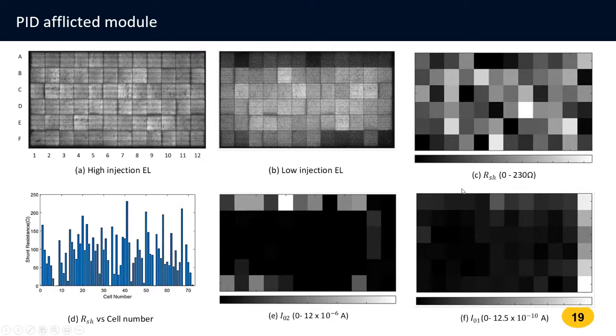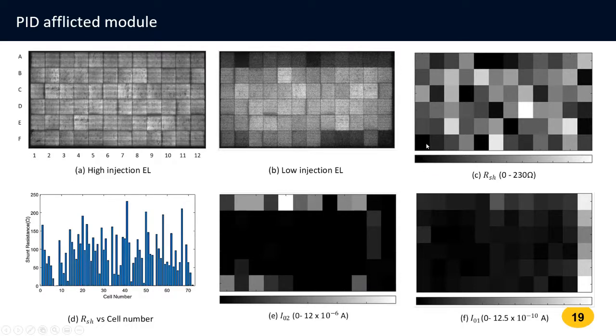So what you can see here is that all the cells that are typically associated with the low voltage, or the darker cells within the low injection EL image, can be attributed either to the increase in saturation current of the defect-related recombination current, or the saturation current of the bulk recombination, i.e. there's an increased probability of recombination of